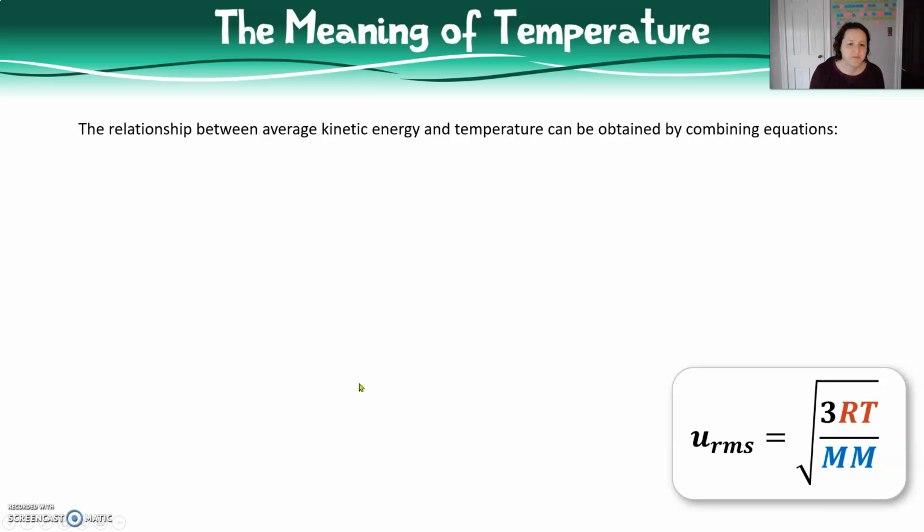So I'm just going to describe a couple things here. Basically, the relationship between average kinetic energy of a gas molecule and the temperature of the gas is pretty complex, but we can explain it with a few key equations that are derived from a mathematical model for the motion of a gas particle within a box. Now, I'm not going to show that full derivation here, but we're going to highlight a few key relationships. One of them is that the pressure times the volume over the number of moles is actually equal to 2/3 of the average kinetic energy.